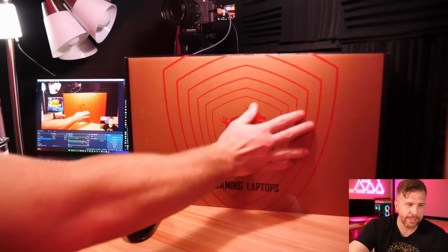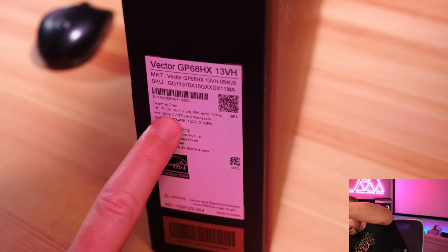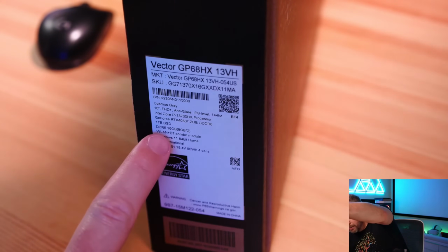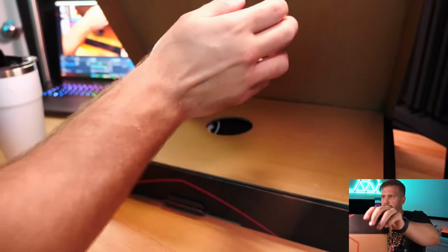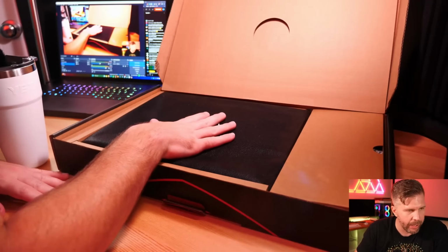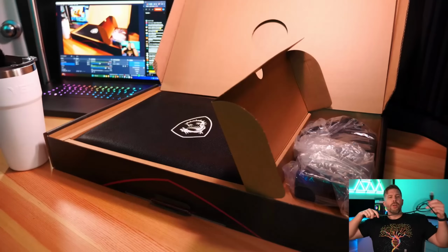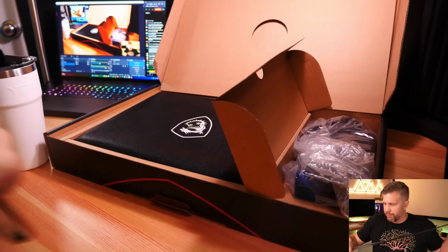Here's the box. We got the MSI logo, gaming laptops, the Dragon, i7 13700HX, RTX 4080, 1TB SSD, DDR5 16 gigs. What has this got in it? It's got the laptop right here and a fabric cloth. Let's go take a look at the power adapter first. It's not quite 6 feet long, but it's pretty close to 6 feet long, nice and long